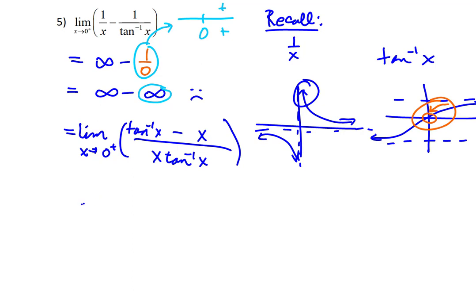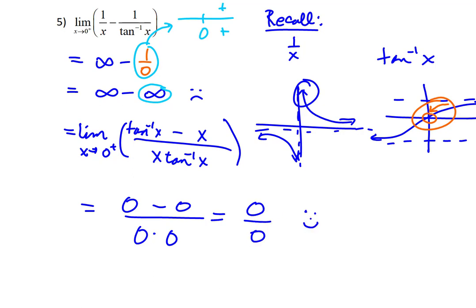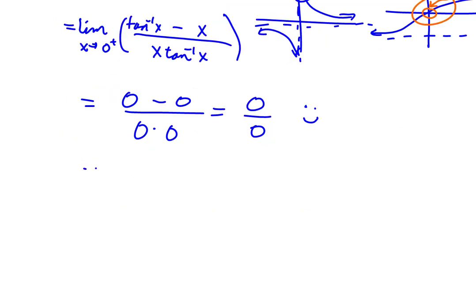At this point, if I try plugging in 0 for direct substitution, in the numerator, tangent inverse of x as x approaches 0 is 0. We already determined that. Minus 0, of course, that's 0. Down below, we have 0 times 0. So the point is we're getting 0 over 0 now for the indeterminate form, which is actually good news. That's one of L'Hopital's indeterminate forms. To use L'Hopital's rule now, which is where we're going,